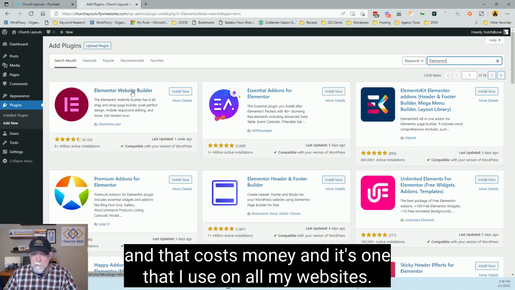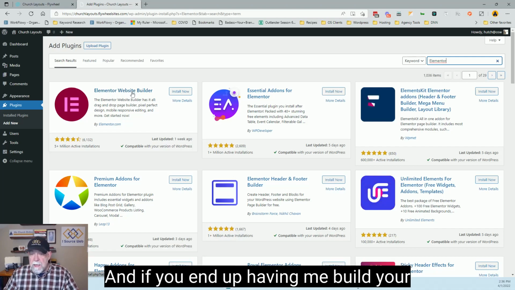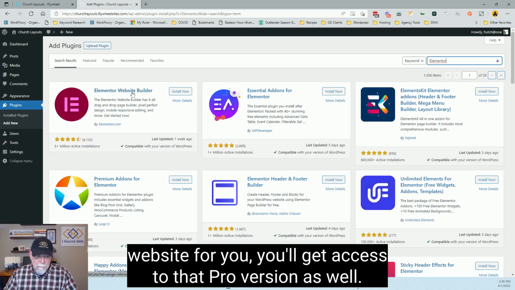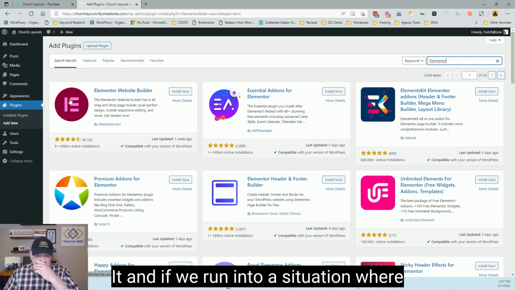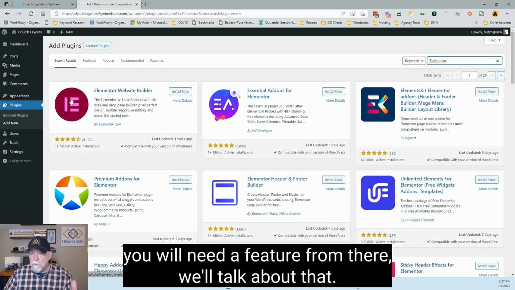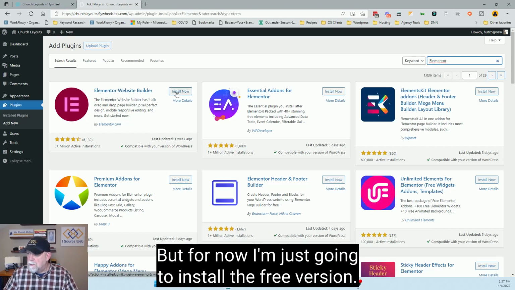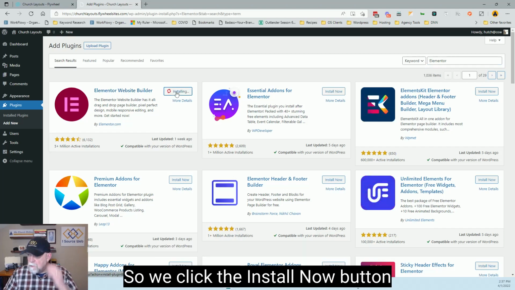It's one that I use on all my websites. And if you end up having me build your website for you, you'll get access to that pro version as well. But you don't really need that to build a simple church website. And if we run into a situation where you will need a feature from there, we'll talk about that. But for now, I'm just going to install the free version. So we click the Install Now button,